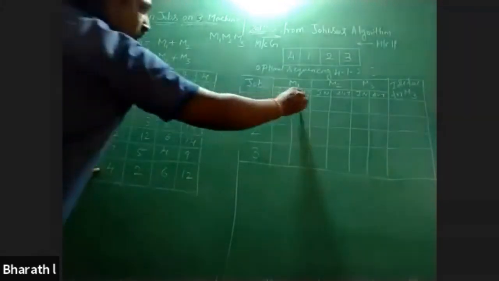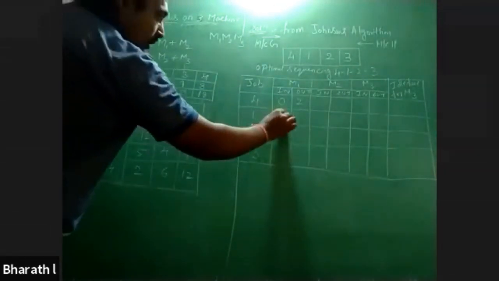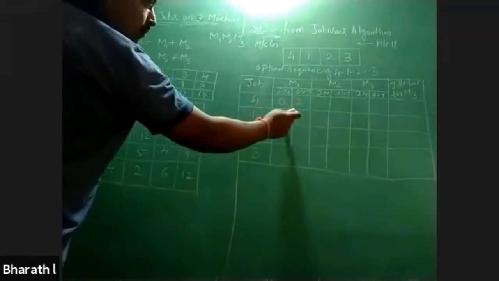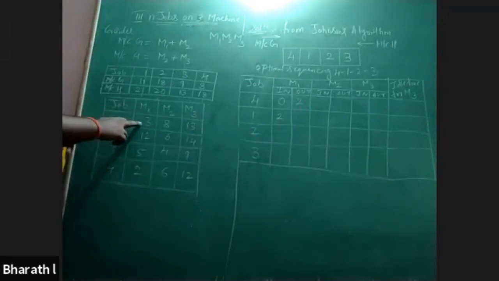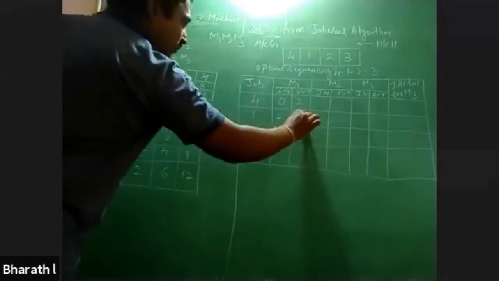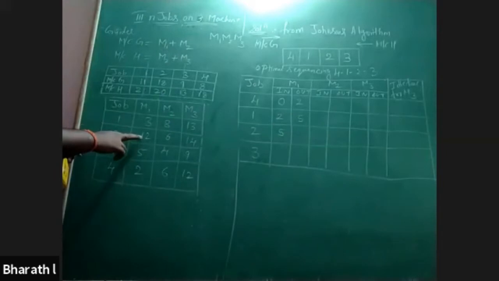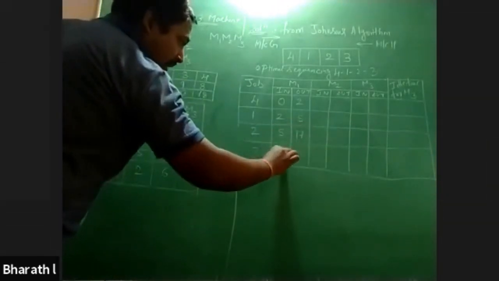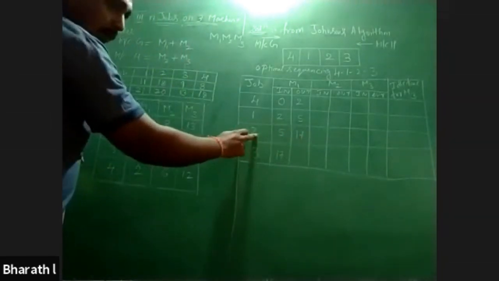2 plus 0, you will get 2. The next in time for job 1 is after 2 minutes. After 2 minutes, job 1 will go to machine 1. For job 1 on machine 1, you have 3. 3 plus 2, you will get 5. Then 5 for job 2. For job 2 it is 12. 12 plus 5 will get 17. Here you write 17. That means after 17 minutes, job 2 will be completed.